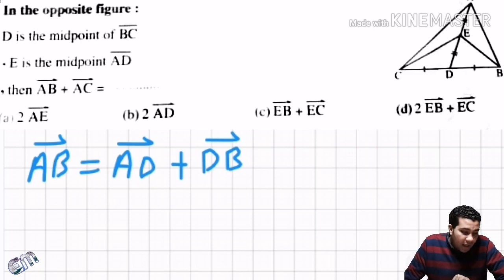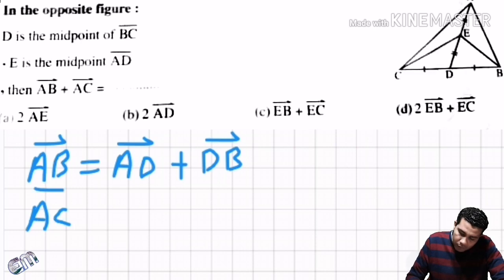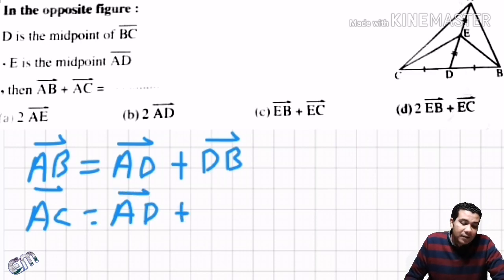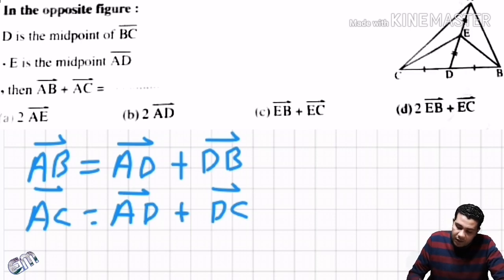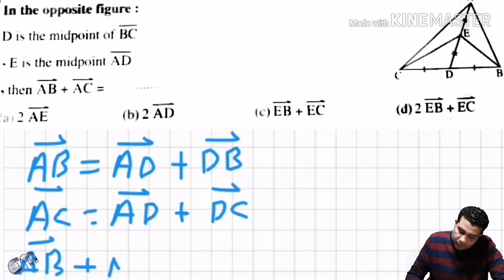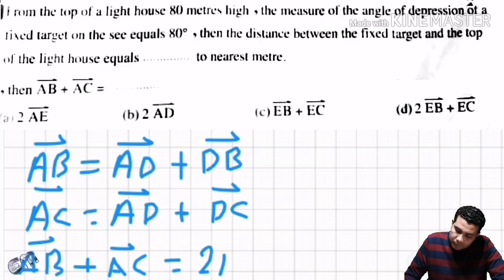And in the triangle ADC, how to find the value of AC vector? AC vector equals, we start with A and write AD vector plus what? Plus DC vector. Okay? Then if we add the two equations, AB plus AC equals AD plus AD equals 2AD,